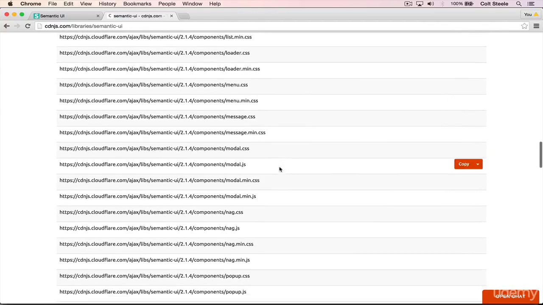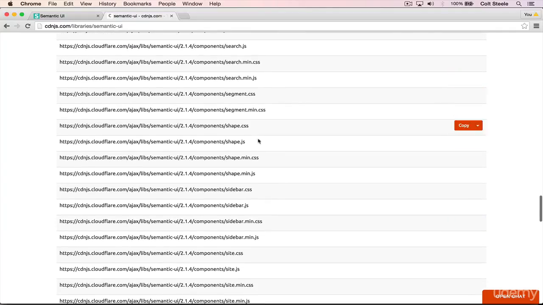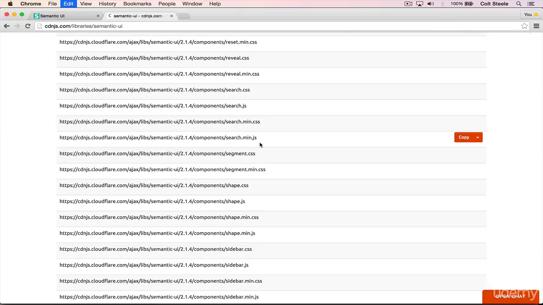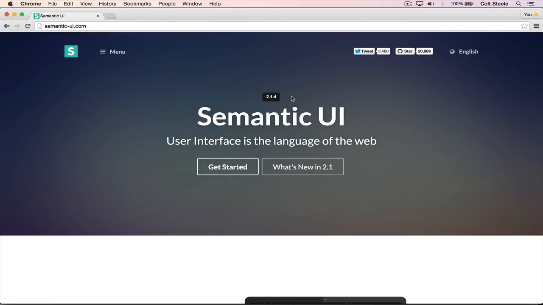But we do want the entire library. So if you scroll down on all of these CDNs, we want the one that says semantic.cdn, which, if you just do a search, or semantic.css, which is right here. It's difficult to find if you don't know what you're looking for, but just do a search, and we'll actually take the minified version just to make things faster. So semantic.min.css. And we copy that URL over,